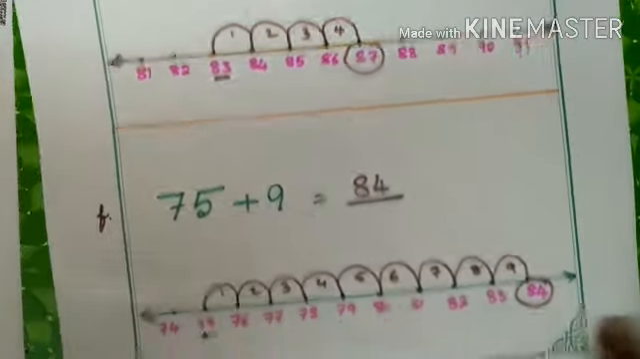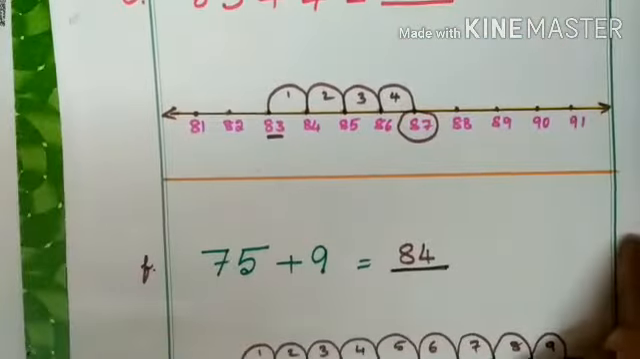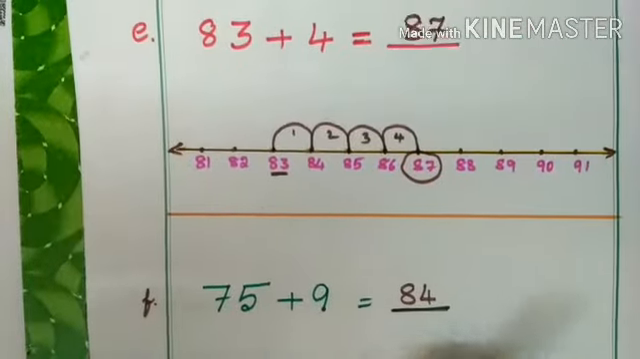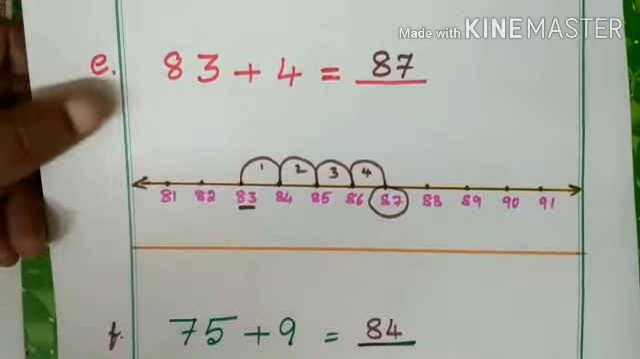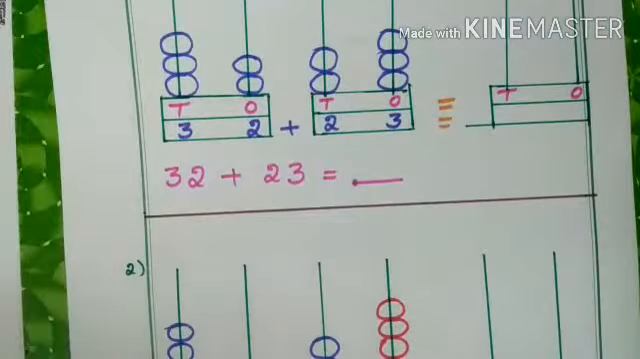Okay, got it how to do? Is it very easy, no? Learning number line is very simple. Everybody understood, children, how to do? Yes. Next topic is